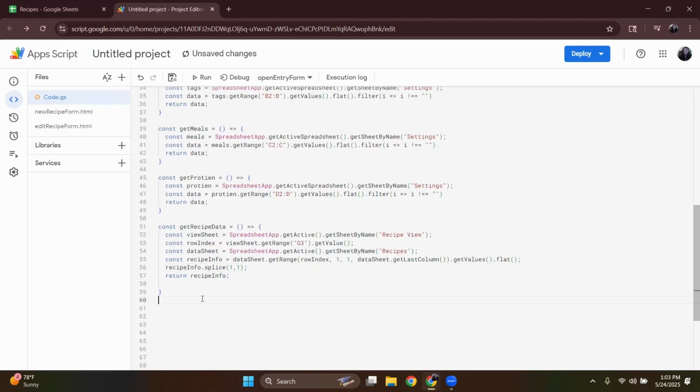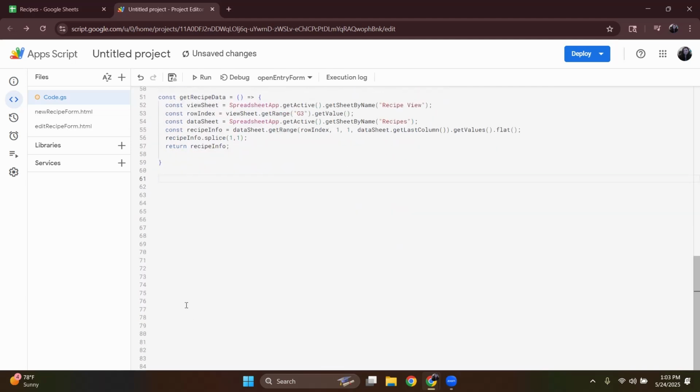We need to make the function to open it up. This one is going to use a different way to open the form because we want to make it a template, meaning we can add values into it from our code.js file. So let's get started by typing out const openEditRecipe = () => {